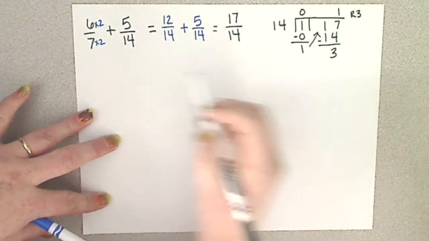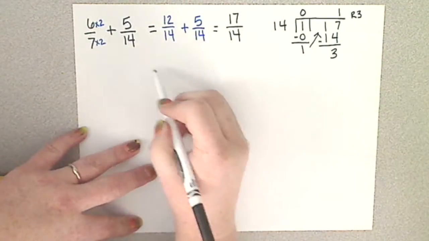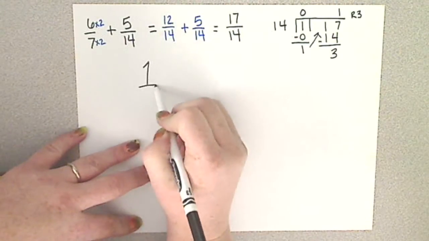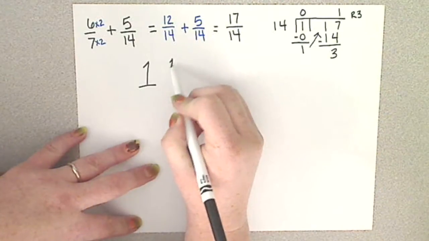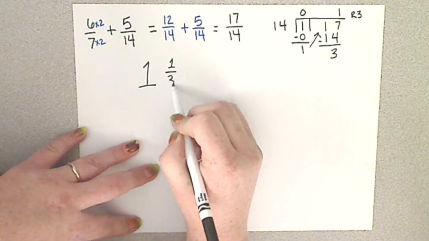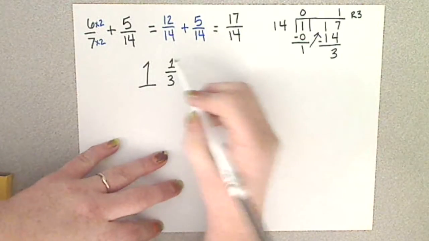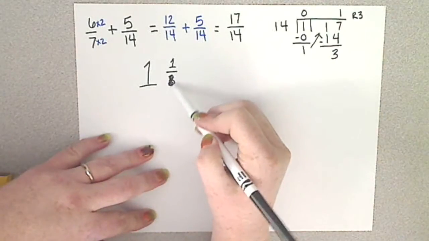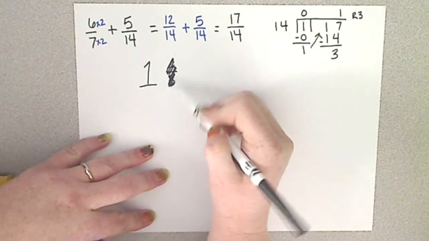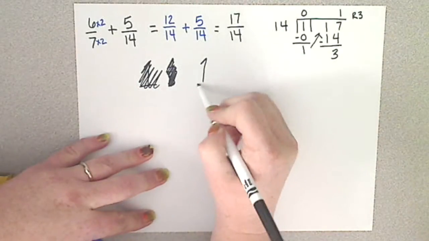So that leaves me with a mixed number of 1 and 1/3. Or I'm sorry. Miss Pike's brain went a little crazy there for a second. Ignore that. Leaves me with a mixed number of 1